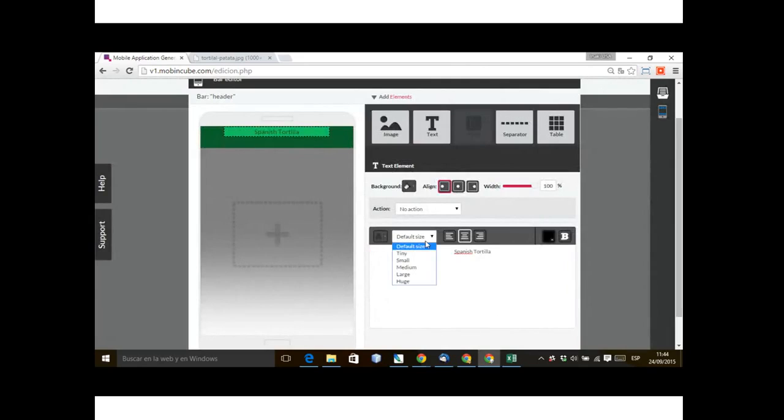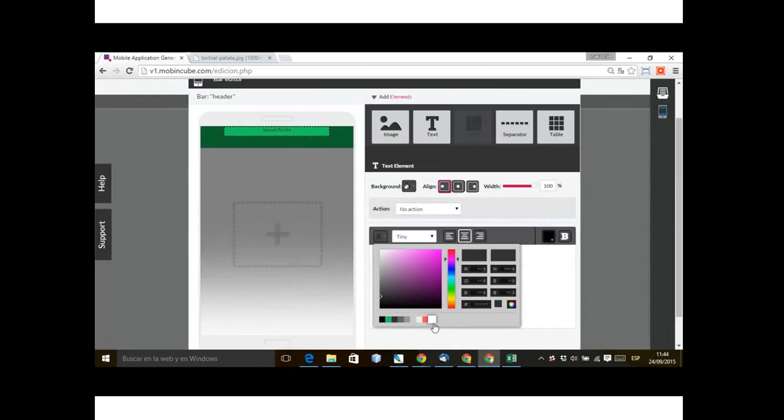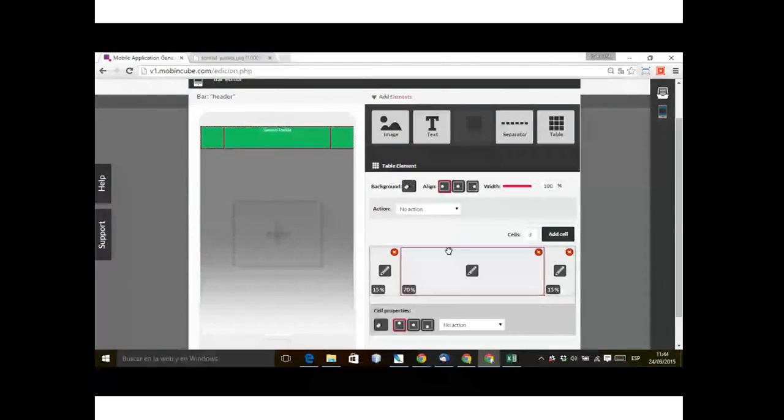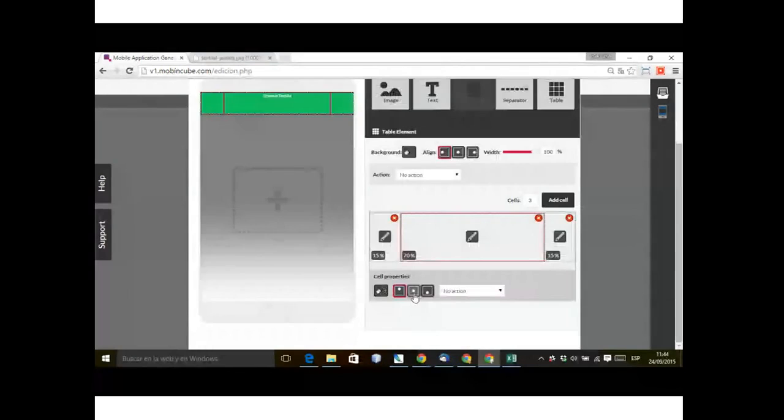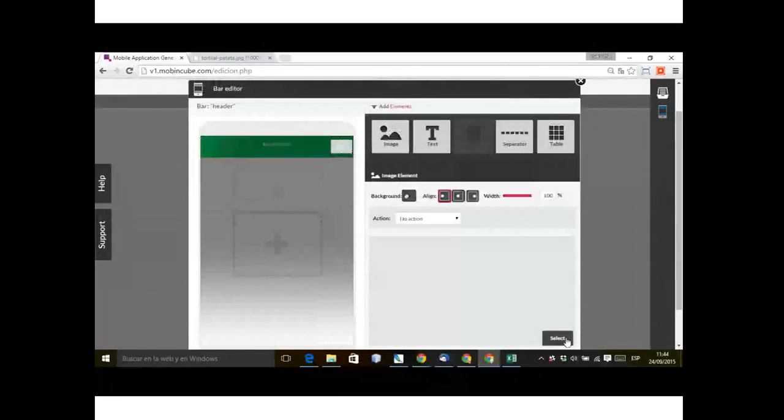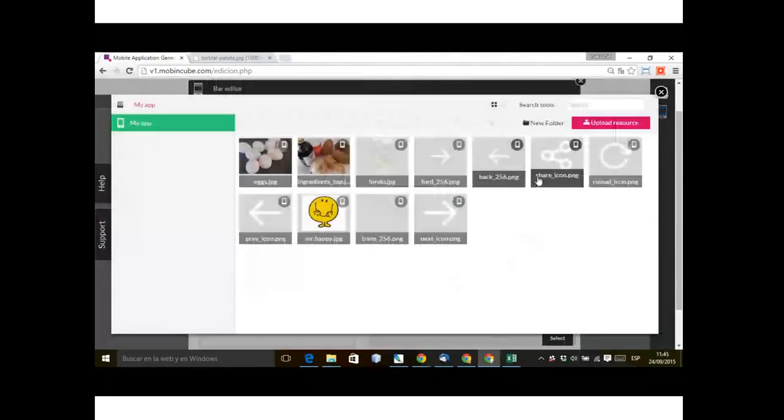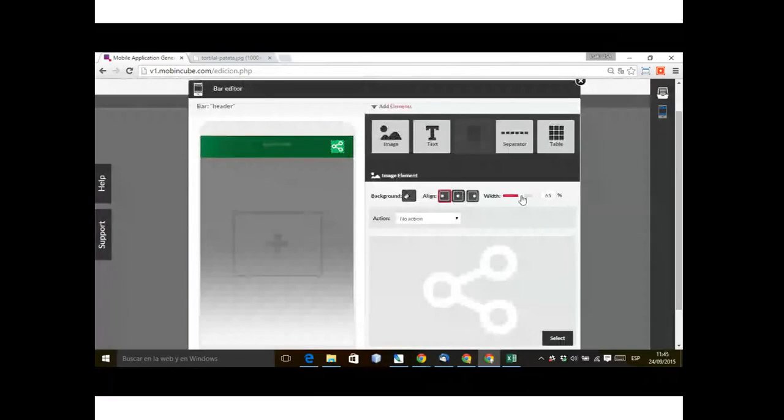Let's use this green color again. Then text. This means tortilla. I will use tiny and white. And let me align it vertically in the middle. Also this one here, and here I'm going to add the share icon, a small one in the middle. And for this button, I will use the share action,